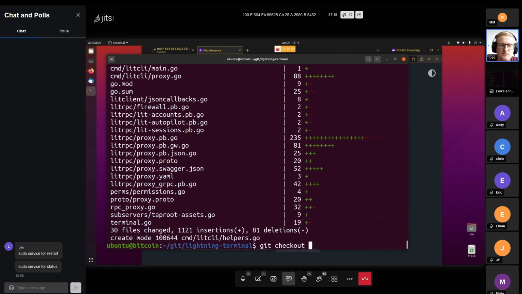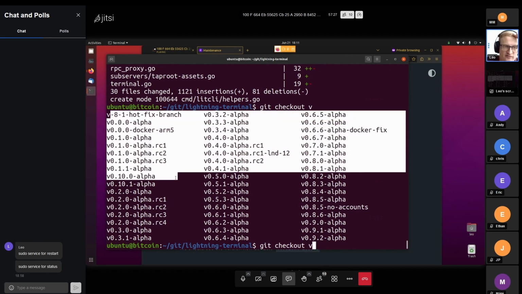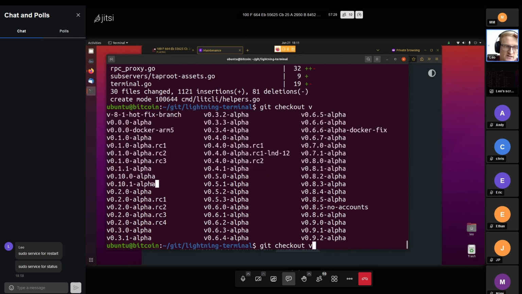We can also check what kind of versions there are tags for. So again, this is ordered alphabetically and not numerically. The latest version, version 0.10.1 alpha, is in here, which we can check out with version 0.10.1 alpha,